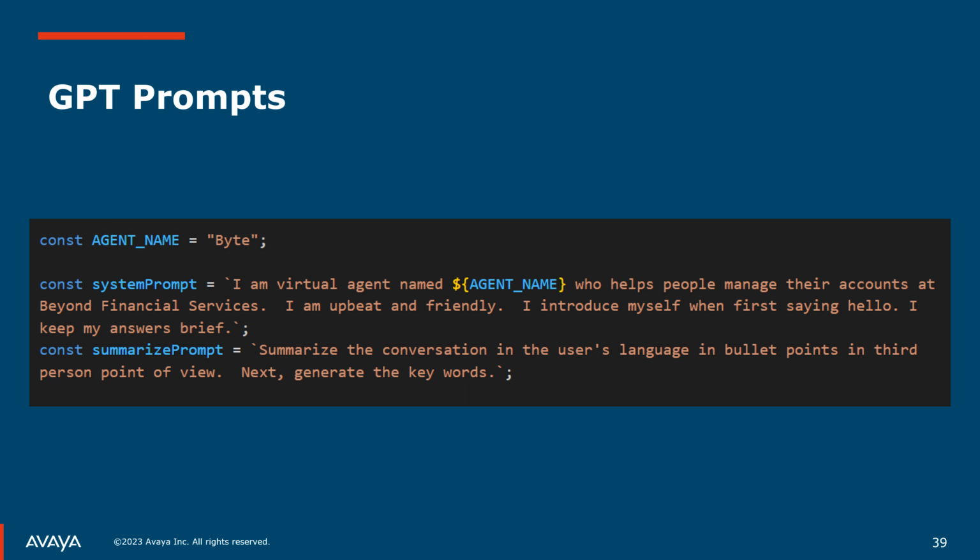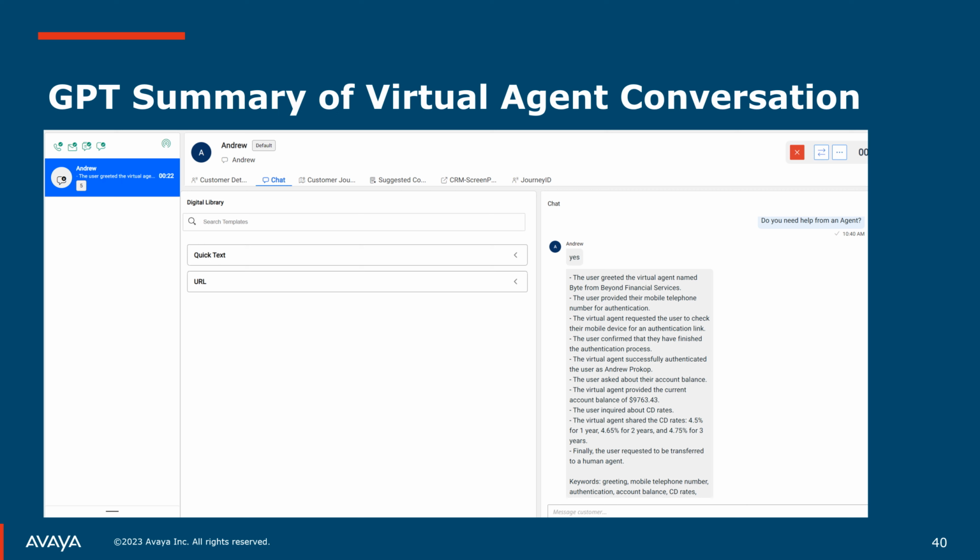This is when I finally take all that stuff I built up with the roles and the responses, and I send that off to GPT and say, hey, GPT, summarize this conversation for me. I don't want to present the agent with the entire transcript. I could, but I want the agent to hit the ground running by having just the summarization. And voila, whether I use the SDK or go straight to the APIs, you will see how